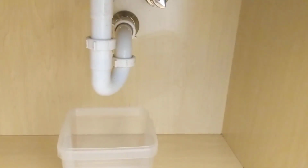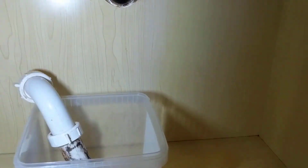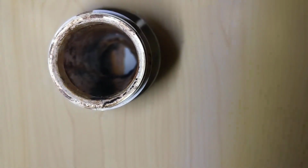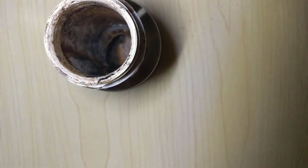So let me get set up here, get this P-trap off, and we'll get it open. Alright, we got our P-trap removed, and we'll take a look inside the pipe here to see what we got. Not sure what all that is, but whatever it is, it backed up into the sink,